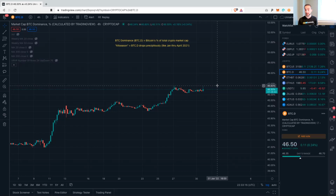I think it makes sense to expect Bitcoin to lead the pack at this point in the market cycle. Price is still below the 20-week moving average, so this is bear market territory. And altcoins can still really get hammered if Bitcoin decides to put in a bearish day. If that happens tomorrow or next week or next month, altcoins can really get punished, especially as long as broader market conditions are still bearish, which they most decidedly are, even in spite of the price action that we're seeing today. Well below the 20-week moving average,